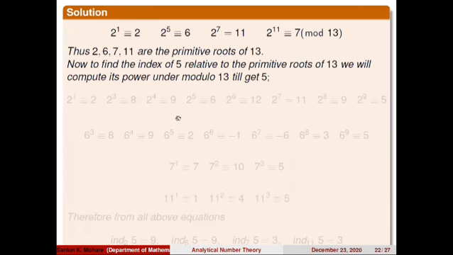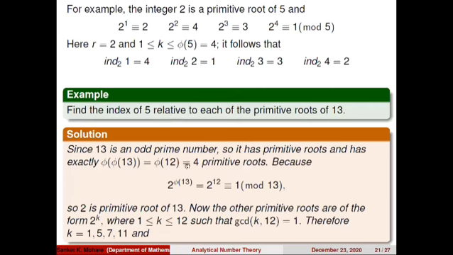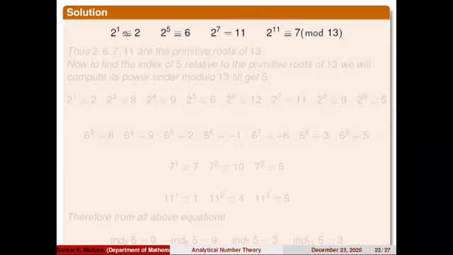Getting this? So my question is how we calculated primitive roots. Okay, up to this you have cleared. 1, 5, 7, 11, these are the values of k. Now from this I computed powers of 2, and then immediately I said 2, 6, 7, 11 are primitive roots of 13. By which theorem or by which corollary can I say that 2, 6, 7, 11, whatever powers I computed modulo 13, become primitive roots of 13? So this is my question to all of you.